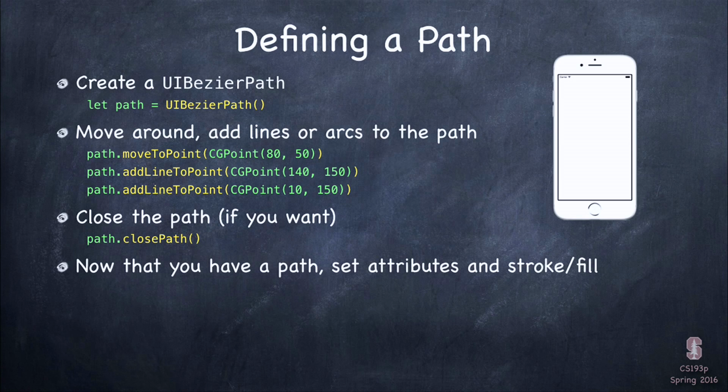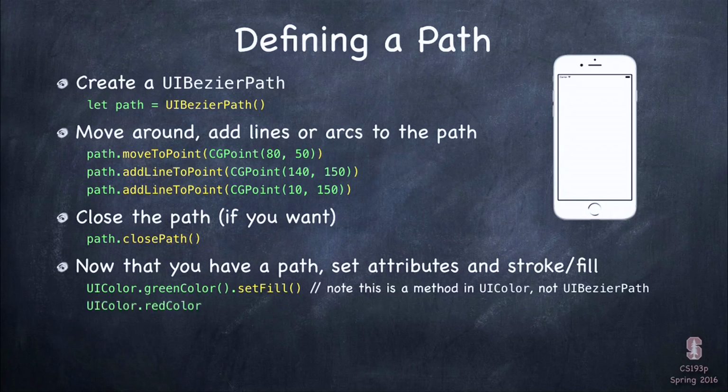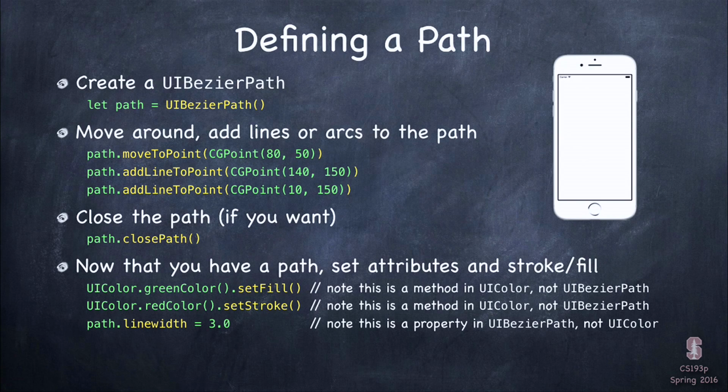Okay? So how do we do that? How do we get it onto screen? Well, first of all, we need to set the colors that we're going to use to stroke and fill. So I want my triangle to be red lines with green fill in the middle. So I'm setting green color as my fill color and red color as my stroke color. Notice that I send these to a UIColor. I don't send them to the Bezier path. So it's kind of odd that you do your setting of the colors by sending it to UIColor. So we'll talk about UIColor green color, what that means, in a couple of slides. So here I'm setting my stroke and fill, and then here I'm setting the line width of my path to